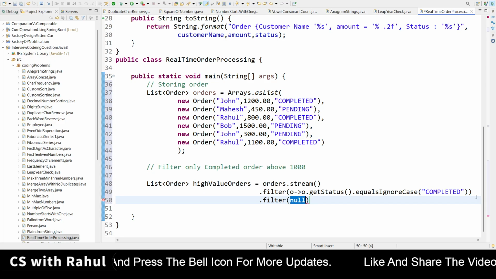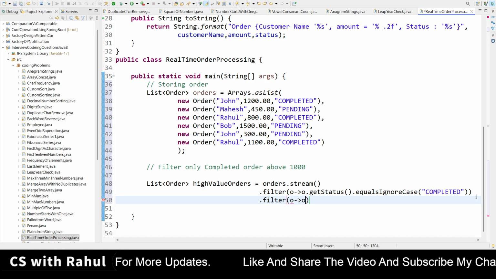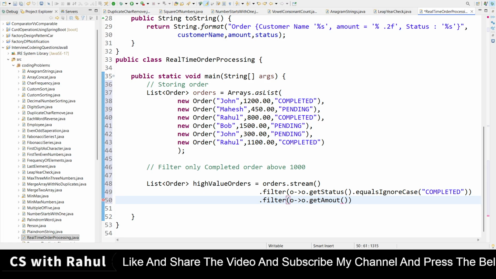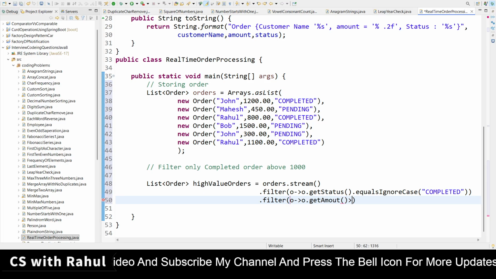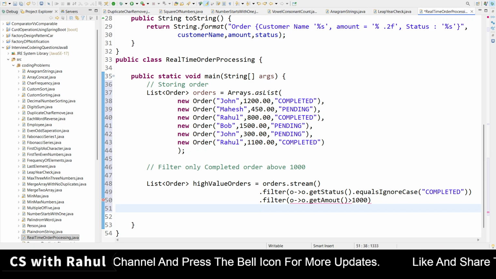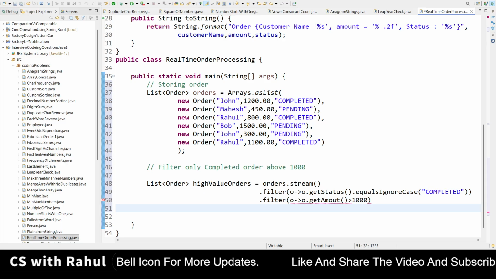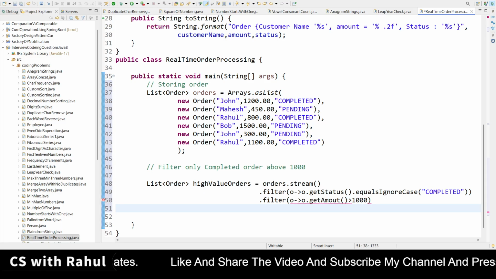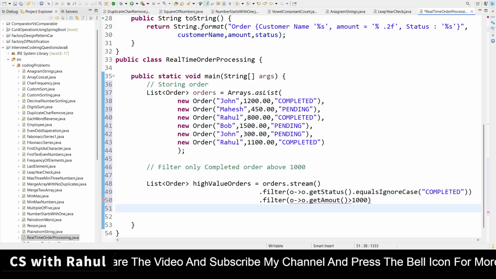With a lambda expression, order.getAmount should be greater than 1000. See, we have done this, and now we have filtered it.